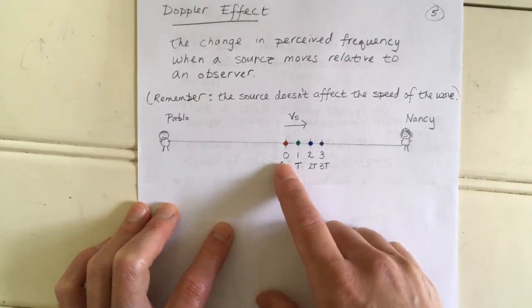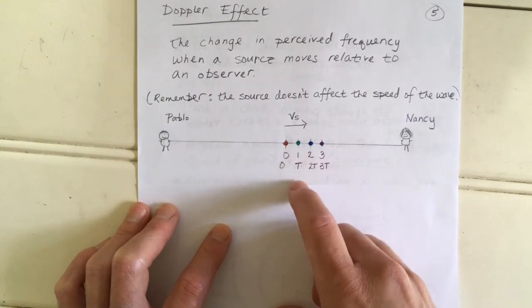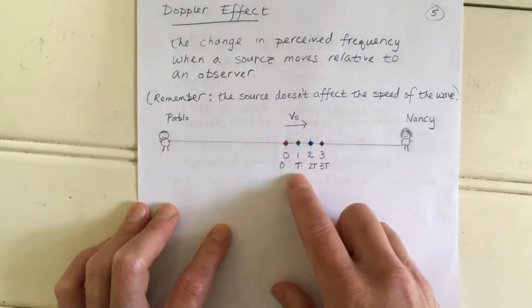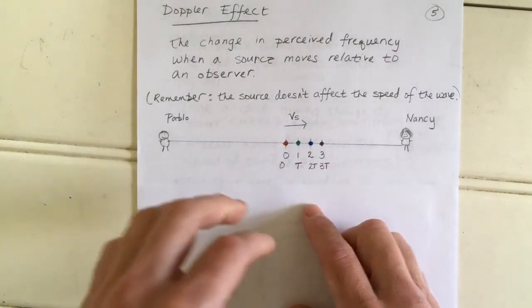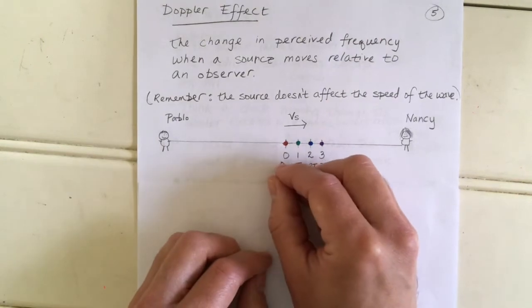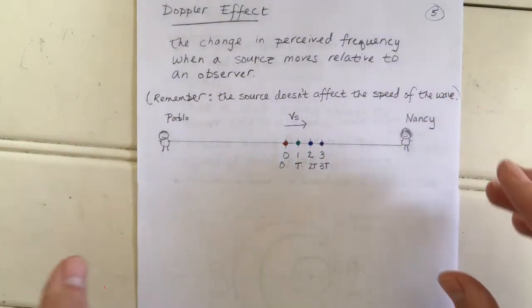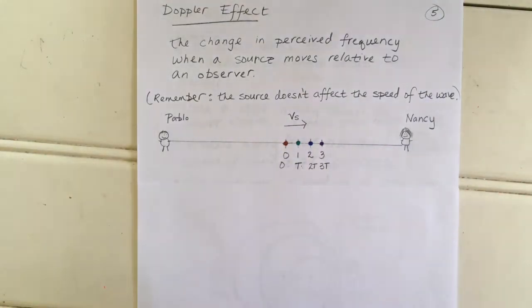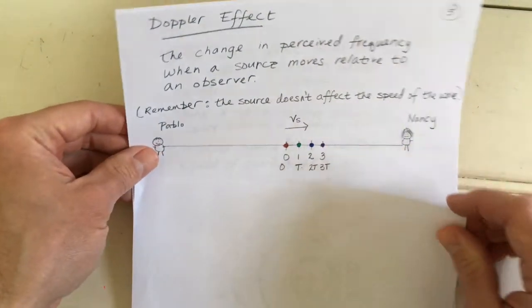So this source travels this distance in a period t, right? So that's what we're noting here. Okay, so at each of these points, like I said, a sphere is going to be emitted, because that will be a period, or the time it takes from crest to crest. Okay, so anyways,